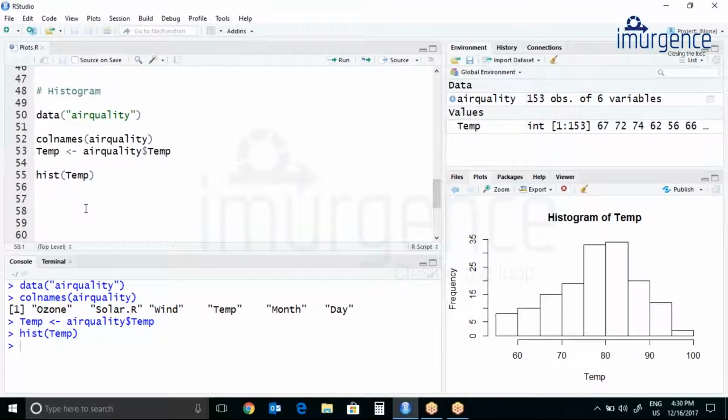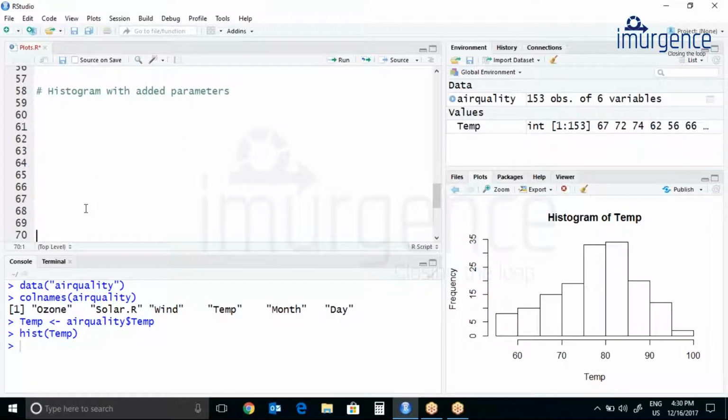Let's make a histogram with added parameters. So first it will be again hist, what I want to plot, temperature. Then main equals to daily temperature.